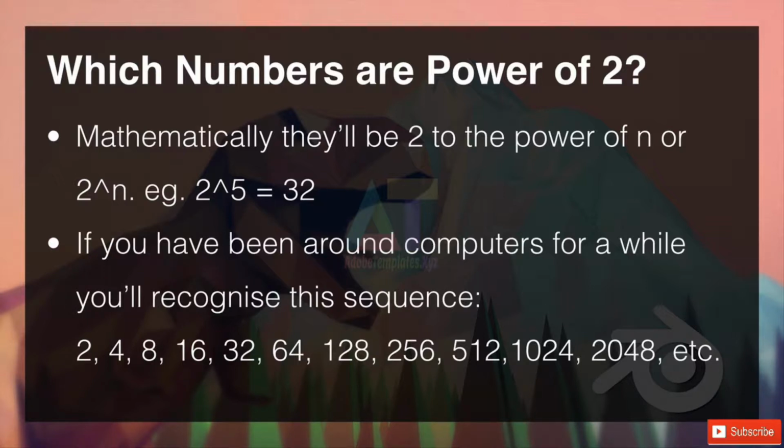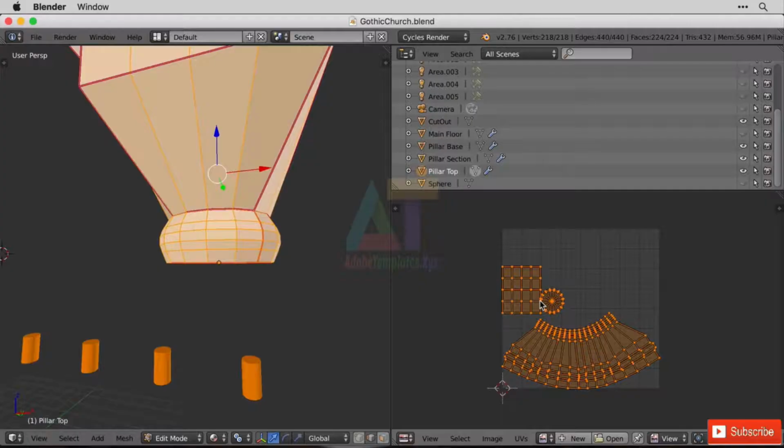So let's go explore this now and hop straight on over into Blender. Right, so over in Blender, we are currently focused on the pillar top just here. We can see that we've selected in multiple locations, and we've got the UV unwrap that we've already done. Now, let's first think about the size of image and where this particular part of the model, this object,